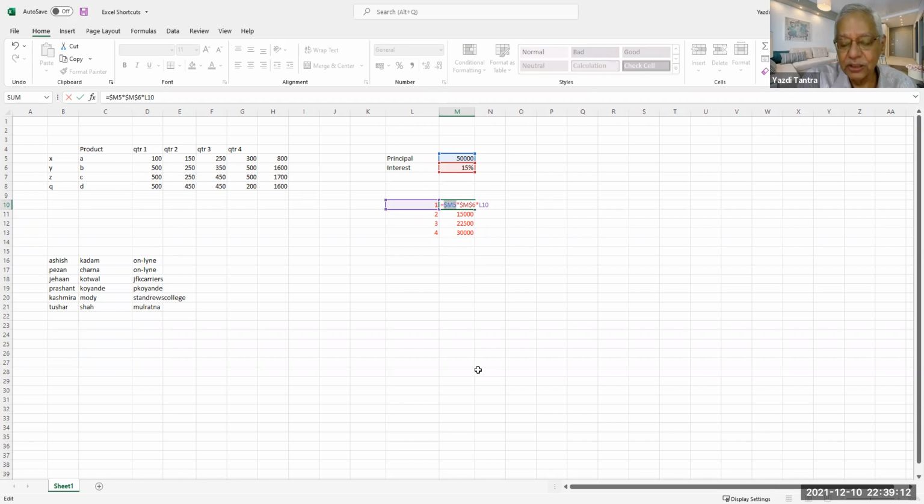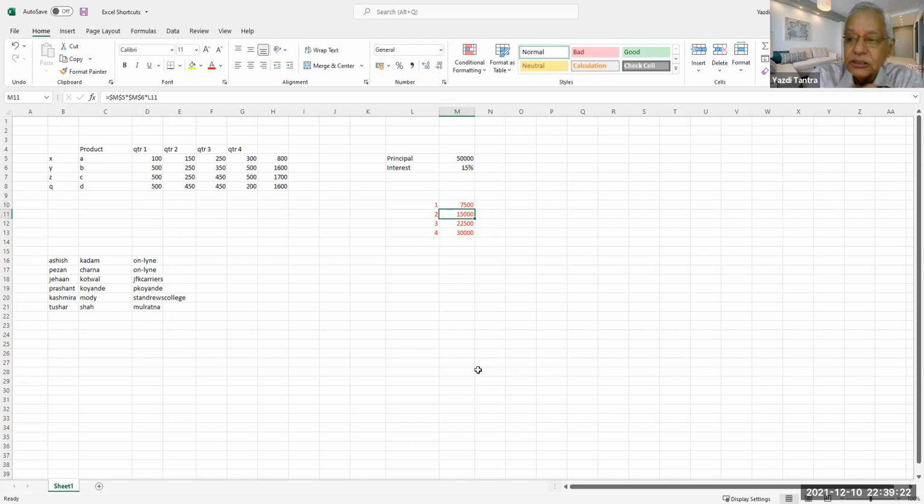Here both are variable. If I press F4, it toggles between the constant state of each cell: column, row, both or none.